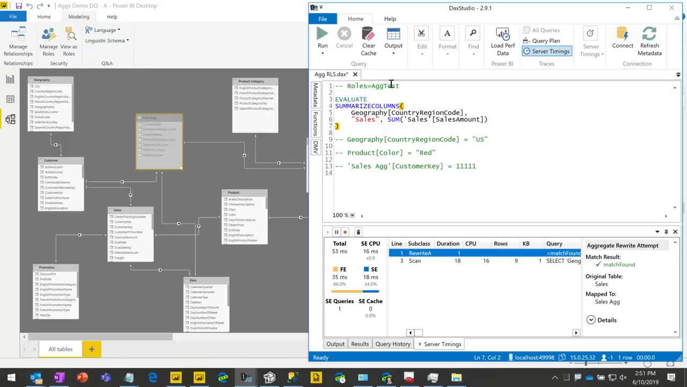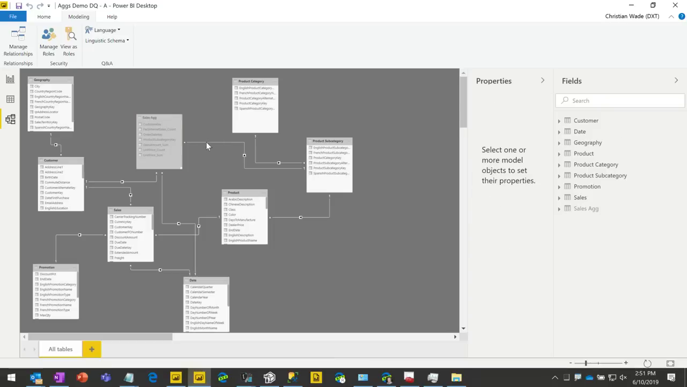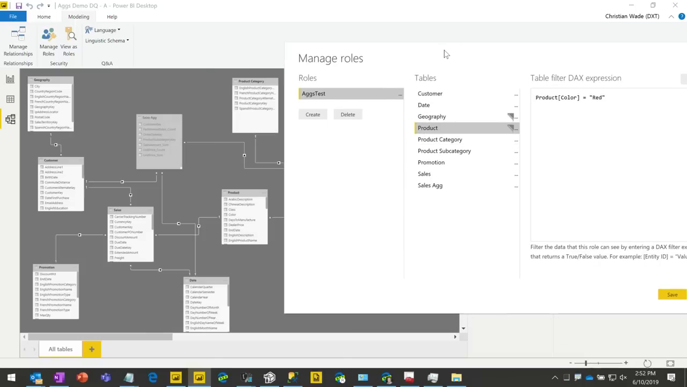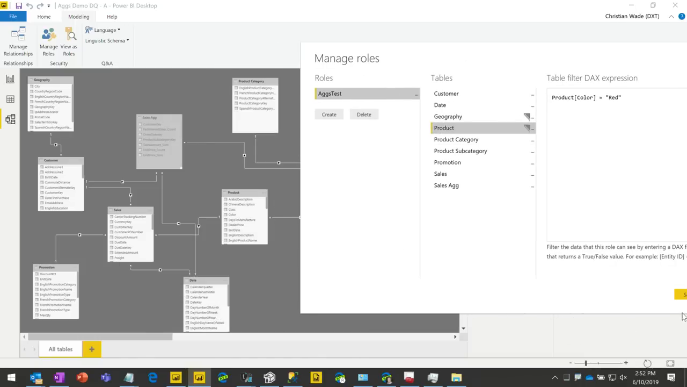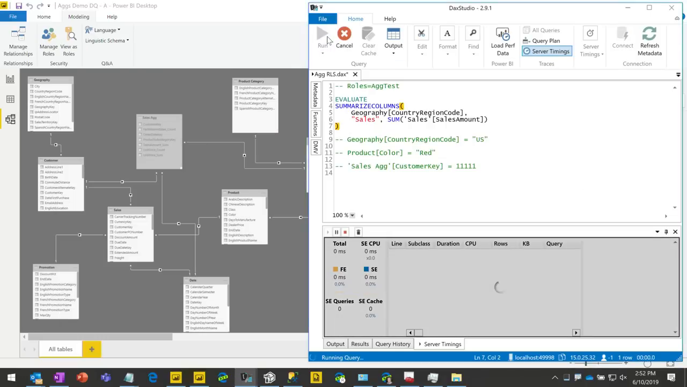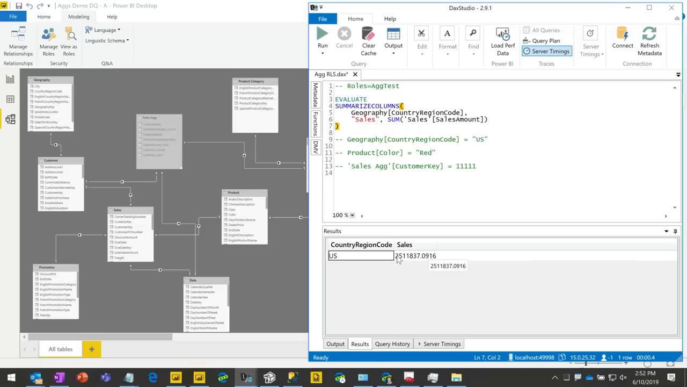But if you happen to set it up with a filter that can only filter the detail table, like something on the product table, cannot filter the ag table, then this is actually less sales than we saw a moment ago. This is sales in the US, but only for red products, right? We don't have the ability to see the non-red products. But now,